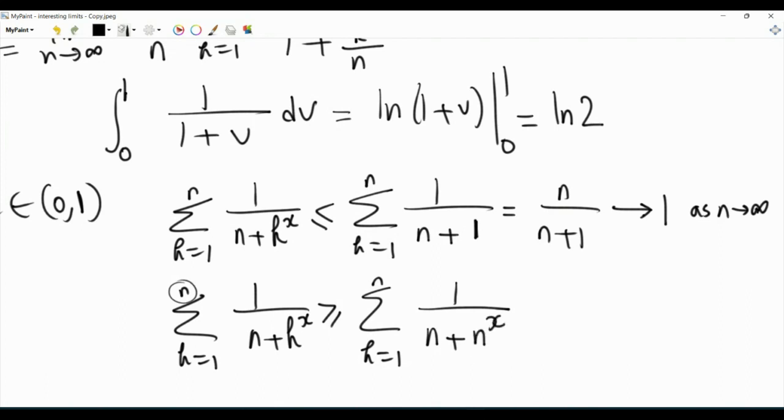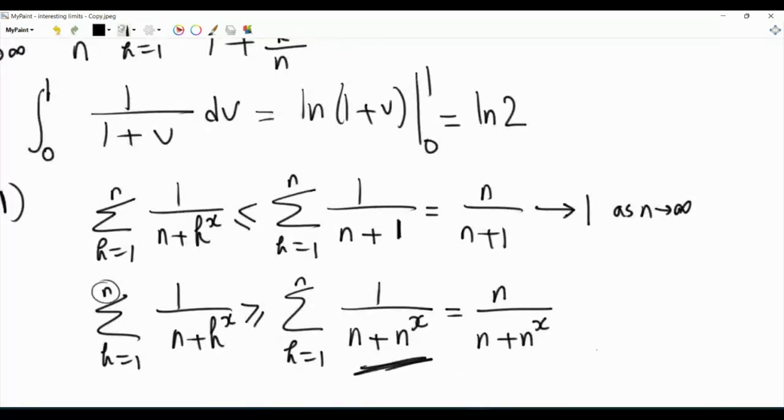Same thing as above. We have a summand now that does not depend on k. And so the result is basically this term here multiplied by n. So this is n over n plus n to the power x. And note that x is a number that is between 0 and 1. So here, if we